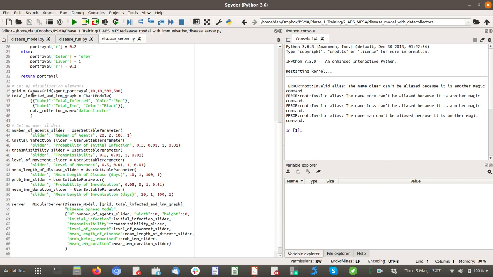We're going to need, on our graph, we said we wanted to add the total number immunised over time to our graph. I've changed the name slightly because we had this called the total infected graph. That's a bit misleading now. So I've changed the name of this to total infected and immunised graph. And then I've added in an extra